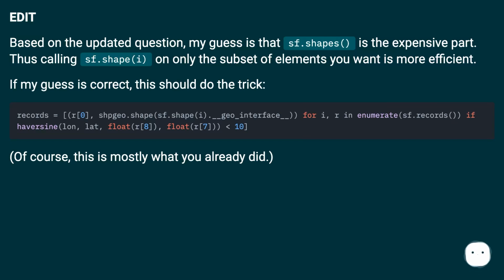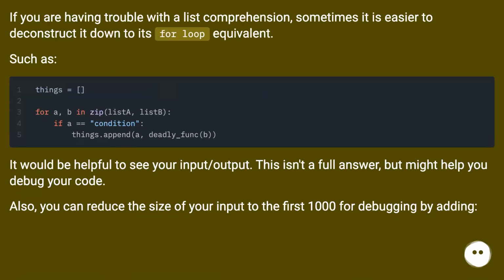Of course, this is mostly what you already did. If you are having trouble with a list comprehension, sometimes it is easier to deconstruct it down to its for loop equivalent. Such as,